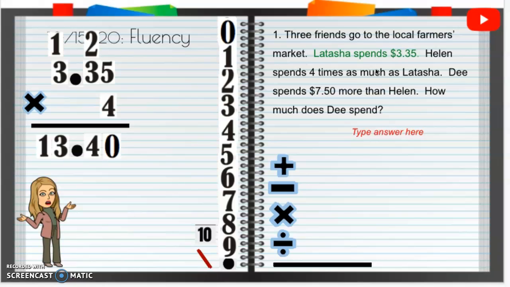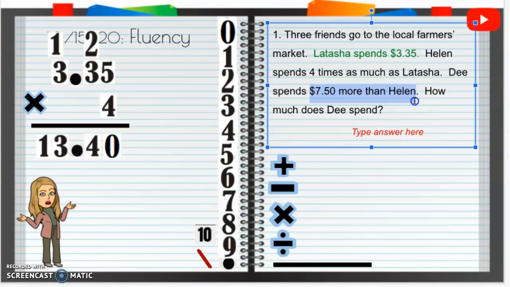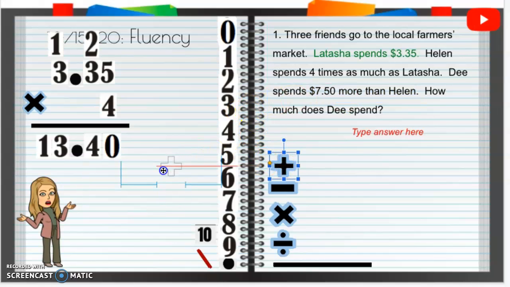So then D spent $7.50 more than Helen. Oh, I'm sorry, that's how much Helen spent, because Helen spent 4 times what Latasha spent. So D spent $7.50 more than Helen. More than Helen, that means we're going to do what? Oh, we're going to add. So we are going to have $13.40